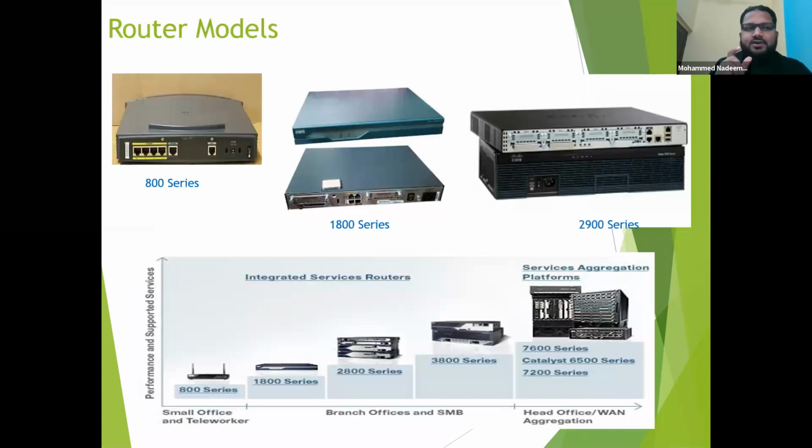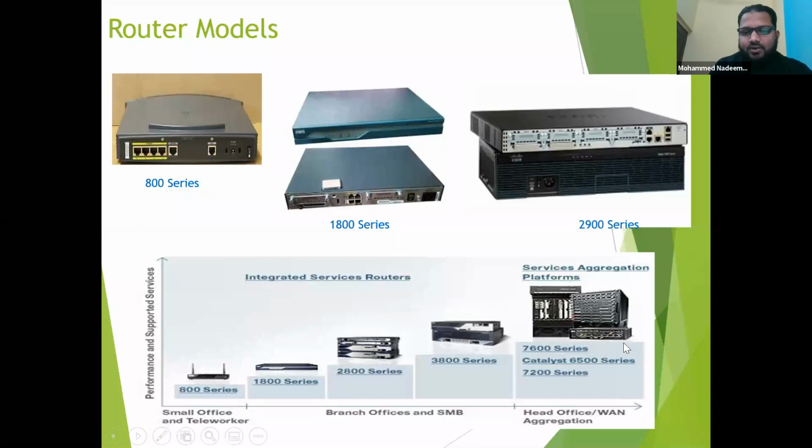One more difference: a switch will have more interfaces, and a router will have fewer interfaces, right? Because on a switch, your endpoints will be connected. You get switches from 8 ports to 16 ports to 24 ports, 64 ports, sorry, 48 ports. Routers have fewer interfaces. Why? Because a router connects to your core switch, or to the ISP, or your WAN connectivity. Your endpoints will not connect to the router. Remember this point.